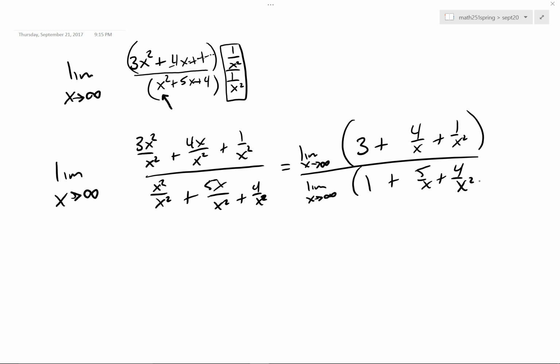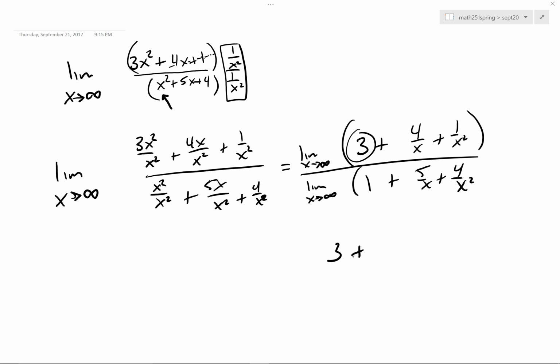And of course, the limit of the sum is the sum of the limits. So what's the limit of 3? Well, the limit of any constant is 3. But wait, Jay, what if x is this? What part of constant do you not understand, sir? That's what I say to you. So 3.